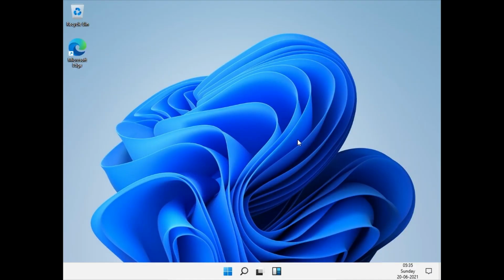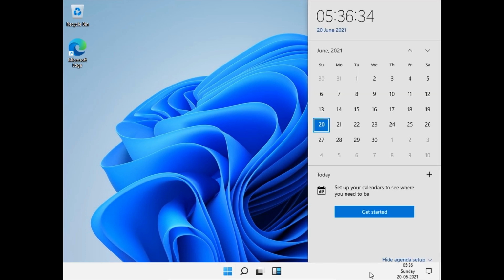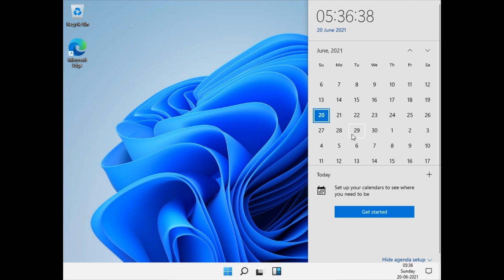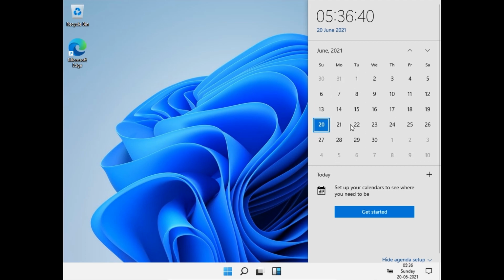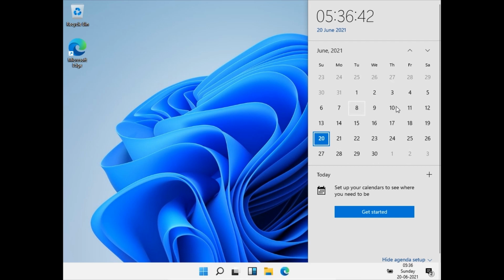Now we have logged into the system, and this is the first screen we get. The Start menu is in the center by default. This is the calendar. Not major changes.